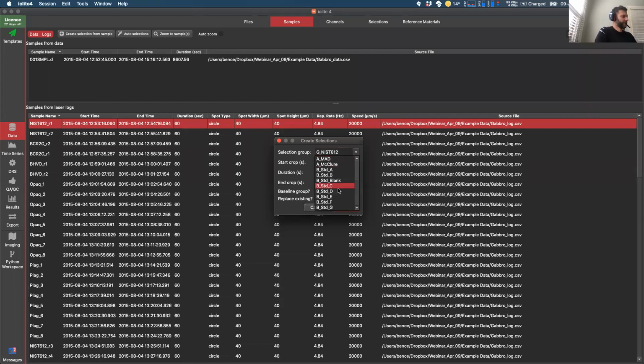But if I click here, it will show us all the reference materials that we have. If this was an unknown, and we don't already have a selection group for it, we can just type into this field here. So if it was an unknown, we could call it "my samples". You can add names manually by typing into this. In this case, though, this is actually a NIST 612, and we can